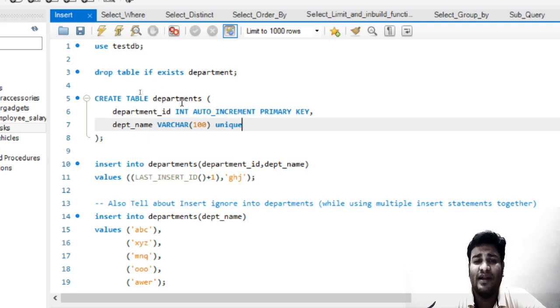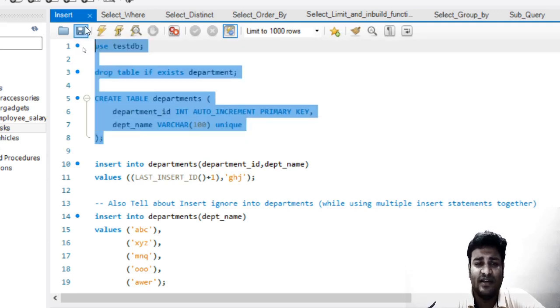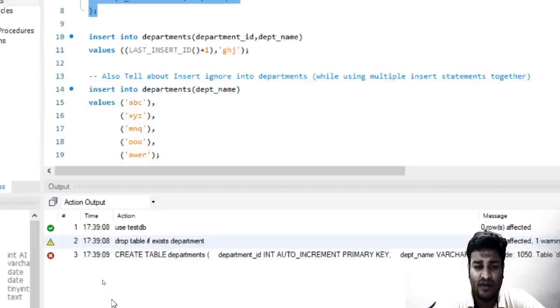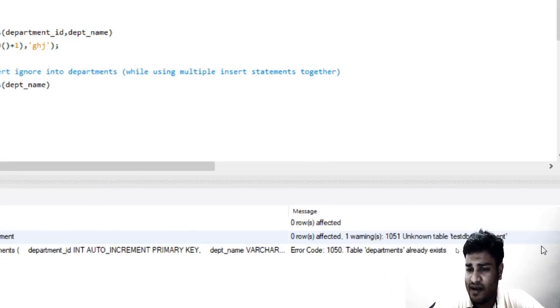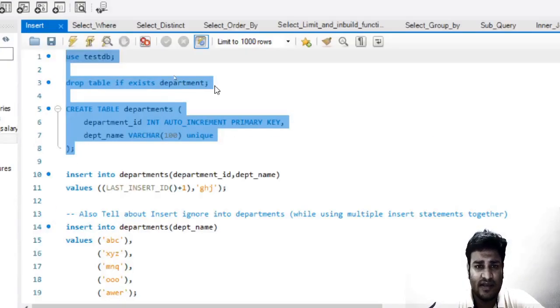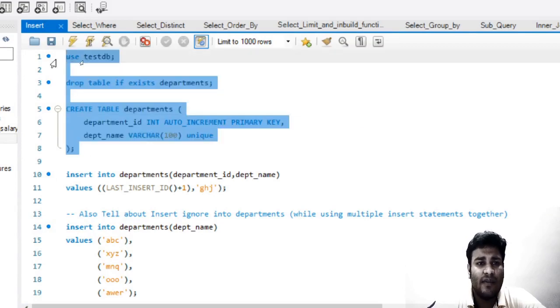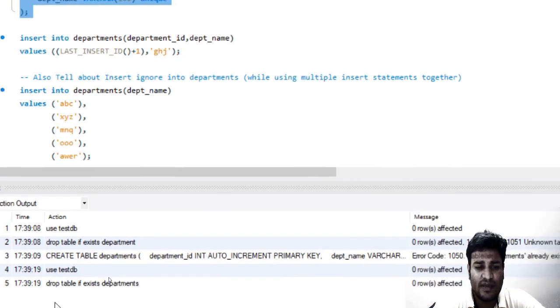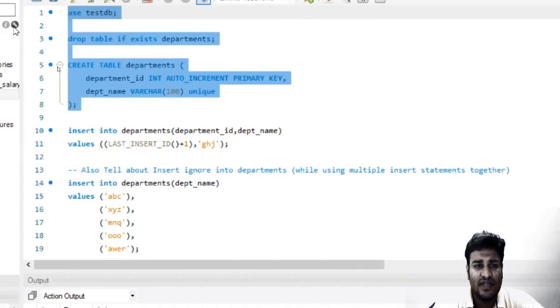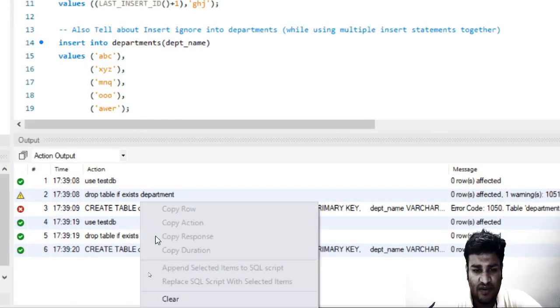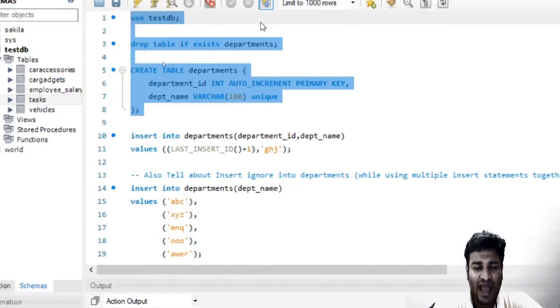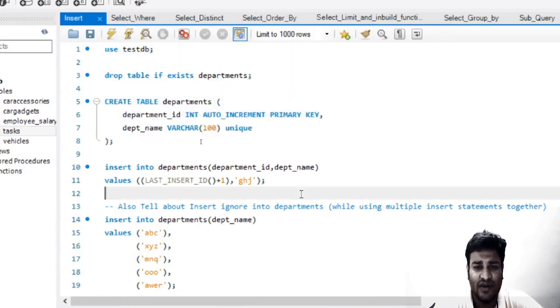So again, you can see over here that we have created a table departments. Let me go ahead and run it. So we have created a table departments. It already existed, because I am not using an S. I'm deleting the previous table and creating the table again, which is departments. So this is good now. Everything is green. And now let's go ahead and insert the value.